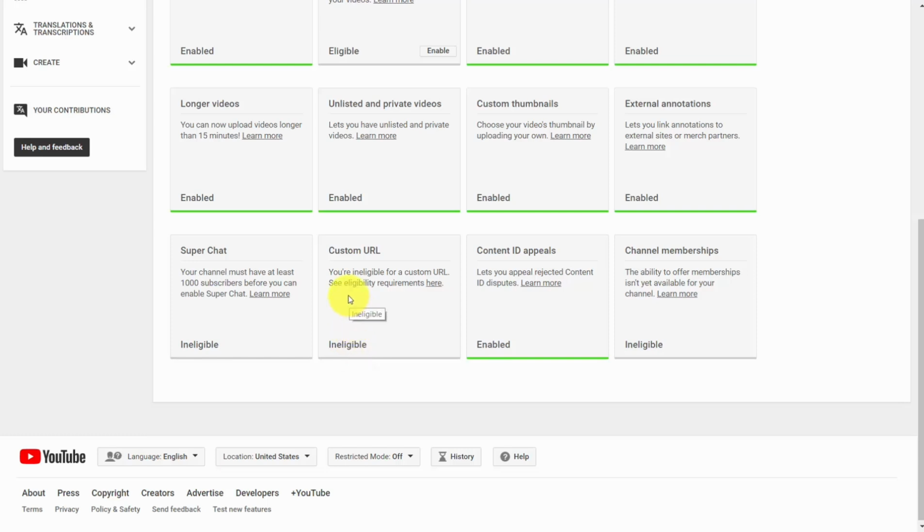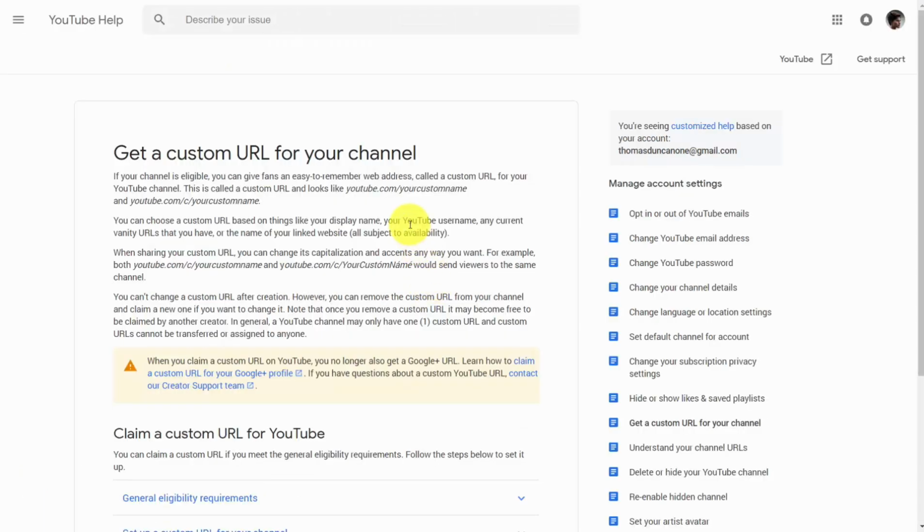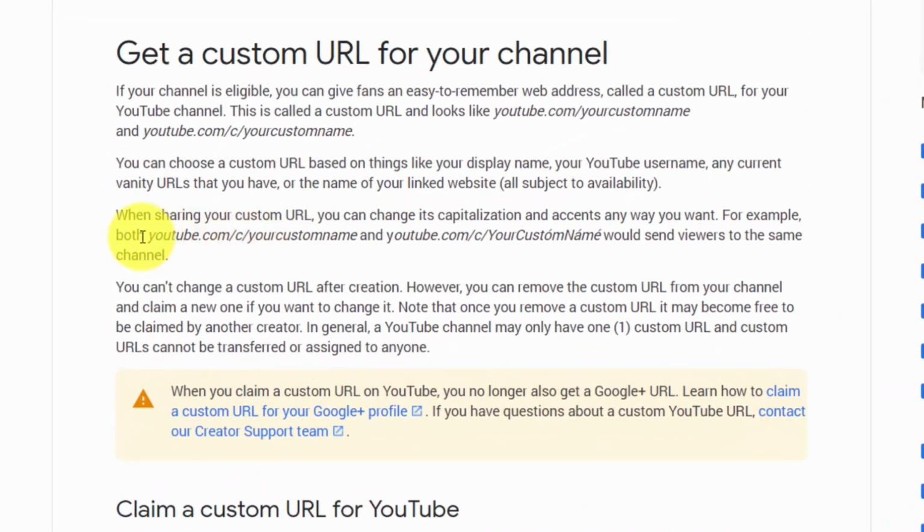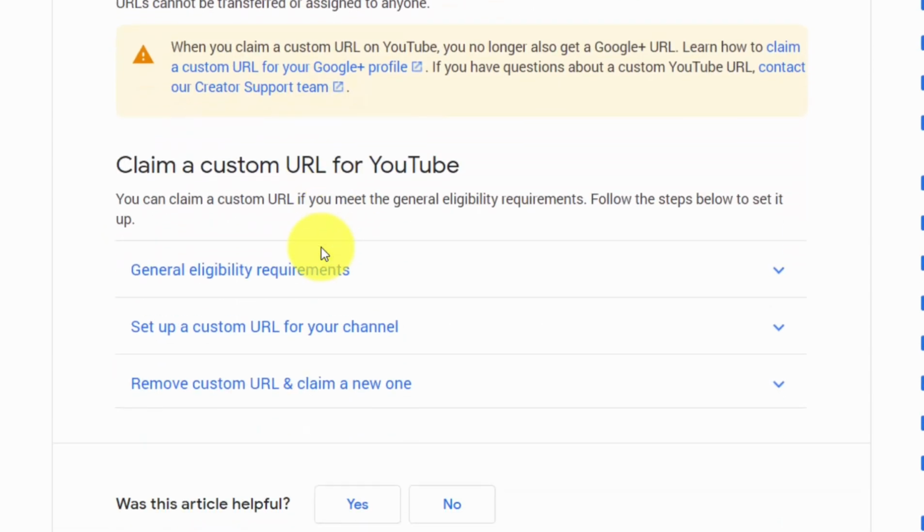However, it is a good idea to know what the requirements are. So we're going to click this link where it says here. And what you're going to notice is that this is going to give you the ability to give a name to your YouTube URL instead of the long, ugly one that we were working with earlier. So we're going to scroll down and then click General